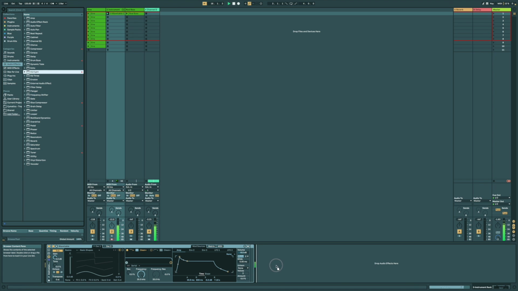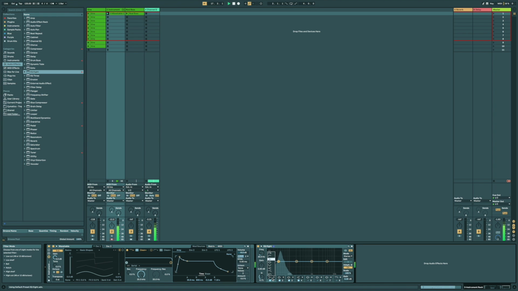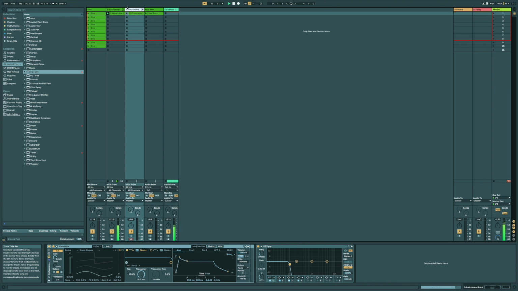I'm now adding an EQ and setting the first band to a low-pass filter at a steep slope. I've typed in the frequency at 100 Hz. This will be our sub-bass and will remain unprocessed. Now I'm duplicating the whole track and changing the EQ in this instance to a high-pass filter whilst leaving the